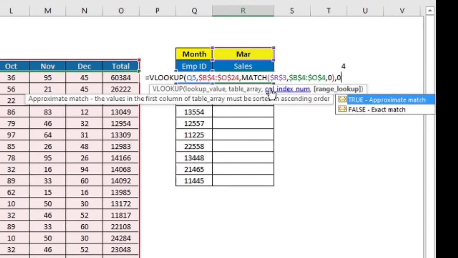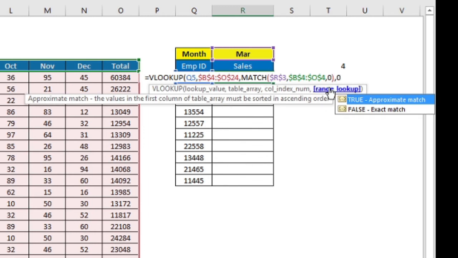So I put match over here, open bracket. The match function asks me for the lookup value. So for the match function the lookup value is this, because for this particular cell we want to search the position in this particular range, comma. So I lock that, again I lock that, comma, and for the match function the range is from employee ID till this total. Again I lock that because I want to copy the formula from here to here, comma, and for the match function I want to search the exact value.